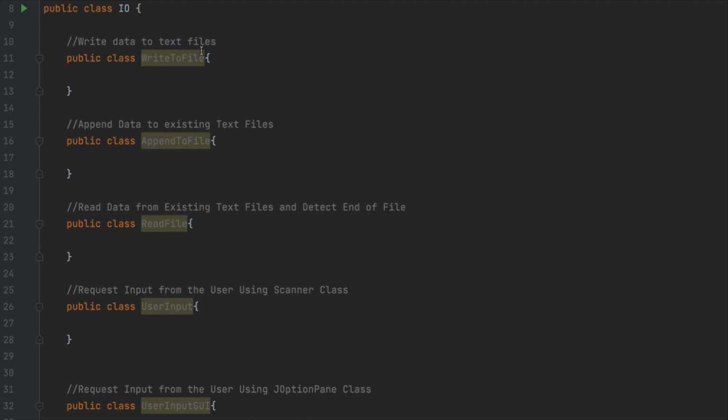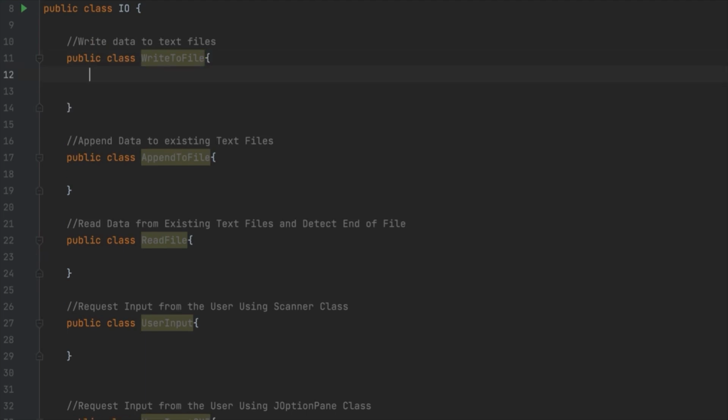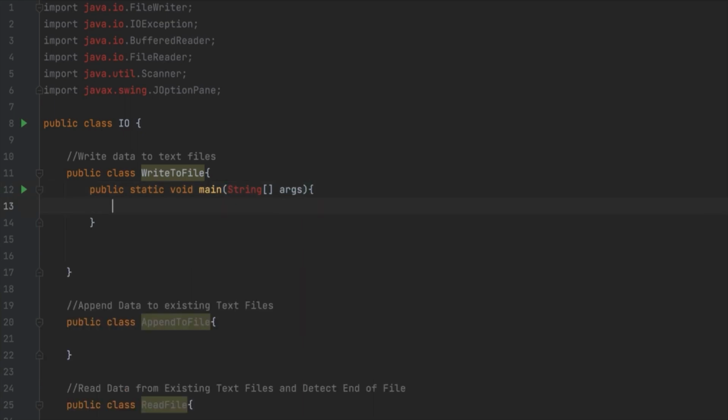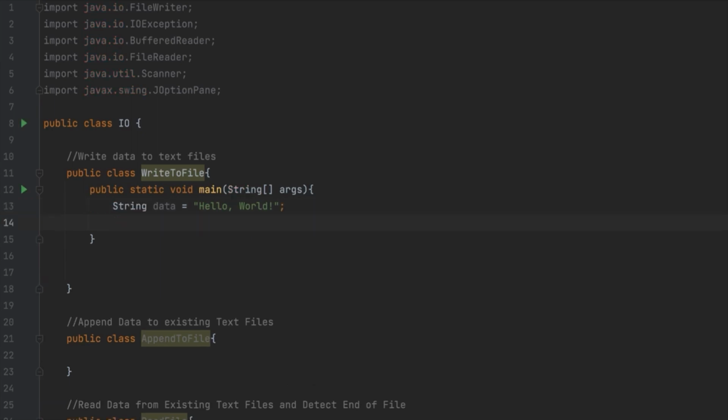So the first one, we will be writing data to text files. So let's start with the main method. And let's set a string variable called data. And let's just declare it as hello world. So let us use the try with resources statement. And what this will do is it'll ensure that